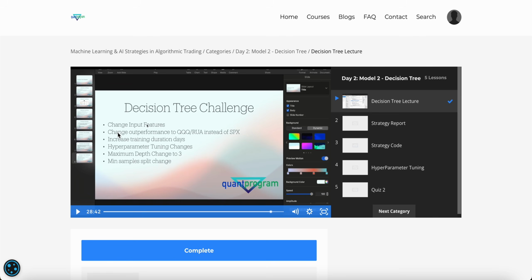So you can fine tune it based on the maximum depth change to 3 and also add in the minimum sample split change. The whole idea of all these things is to push you to keep on changing the models and see what significant impact it makes to the strategy. And then things like, change the outperformance to QQQ instead of SPX, increase the training duration days, see what the output for that is. So instead of 80 days, you can do like 100 or 150 days, and increase the